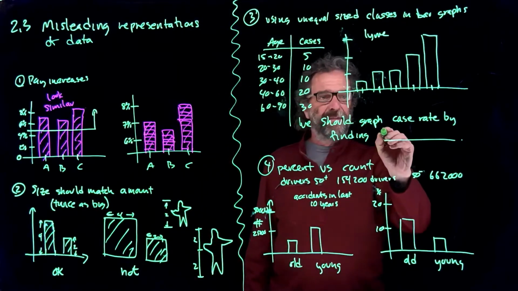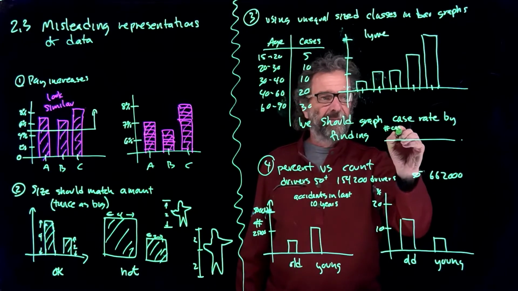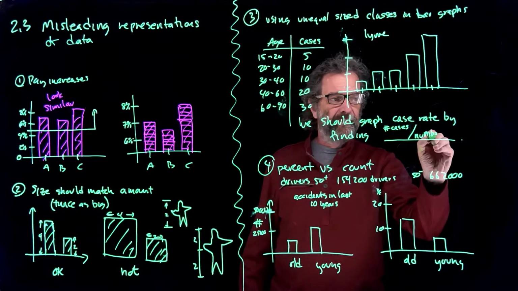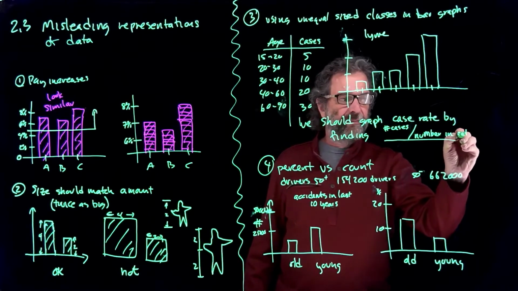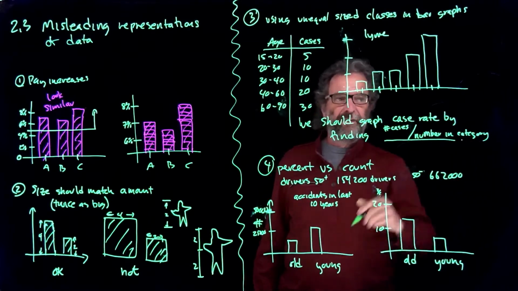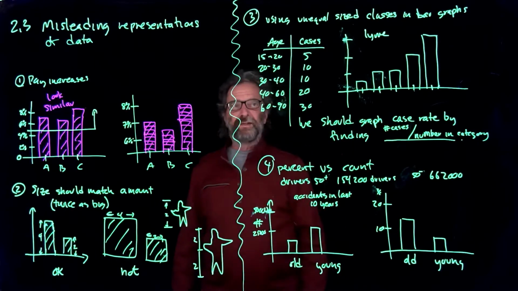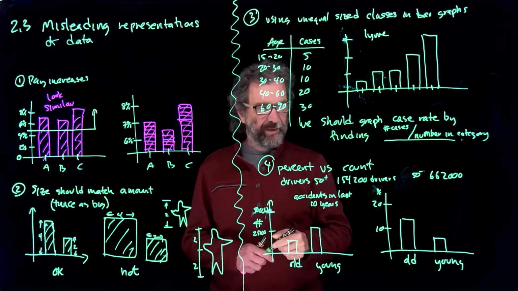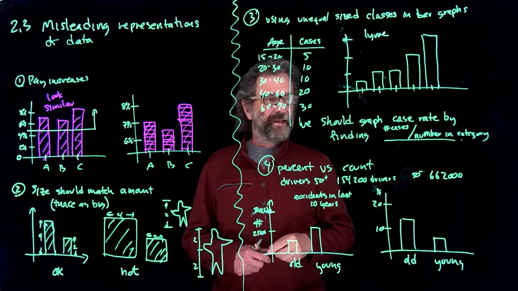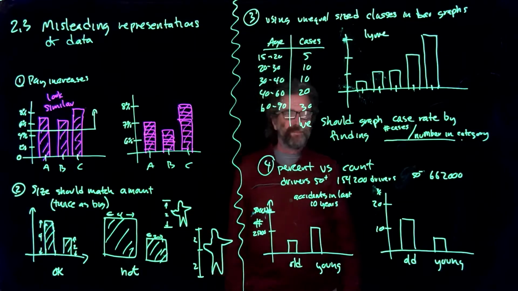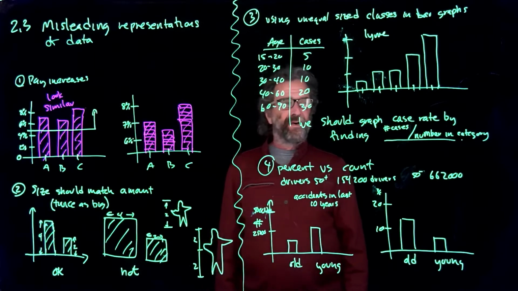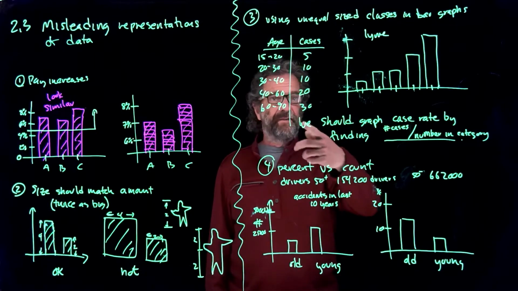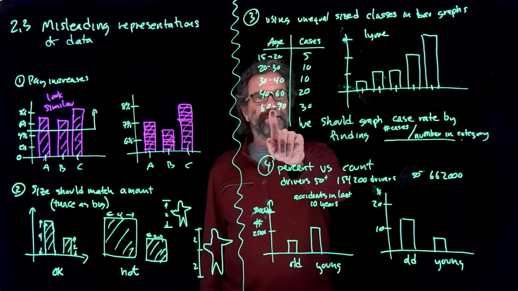The case rate is number of cases divided by number in the category. So you'd count how many people were aged 15 to 20 and divide that into the 5 cases to get a rate per person. How many, for each 100 people, how many cases of Lyme disease do we see? 1, maybe? And we do that for all the categories, and then we could draw a bar graph of that, and it'd be fair. This is not fair because we're more likely to have more people in these bigger groups,